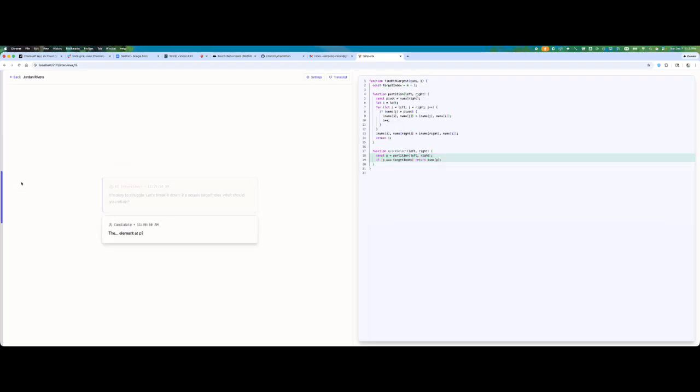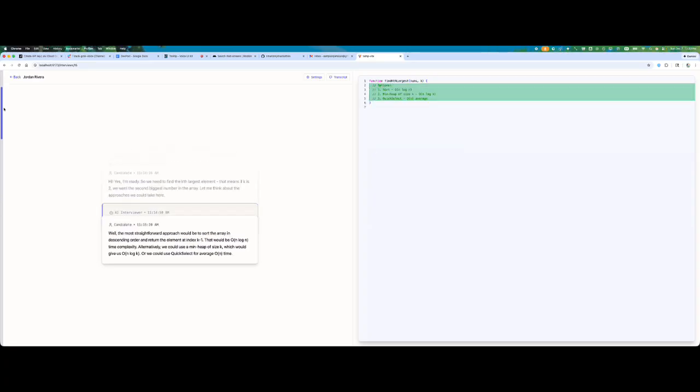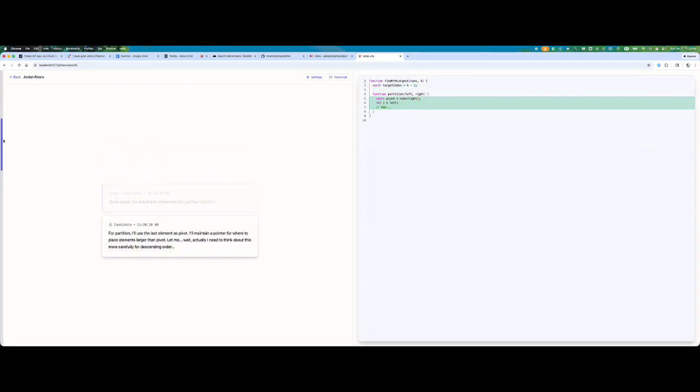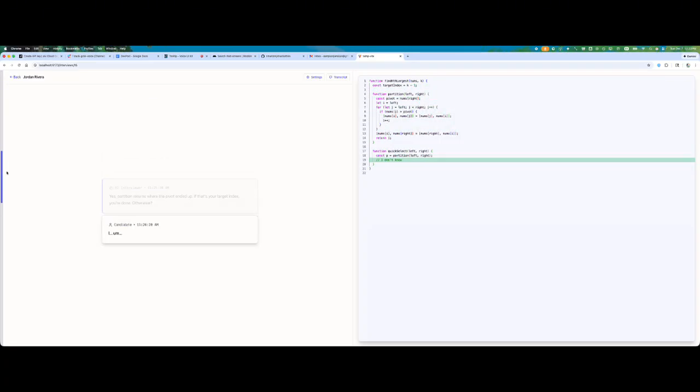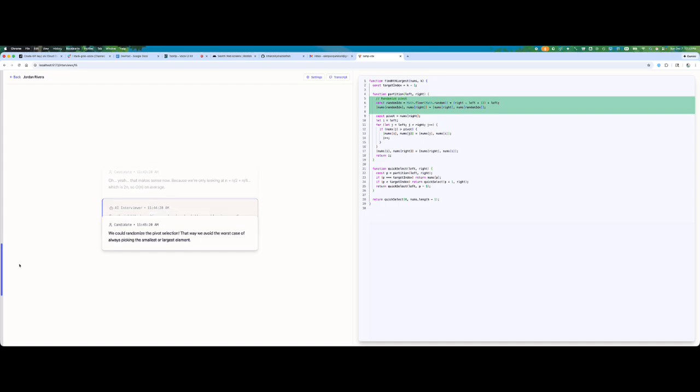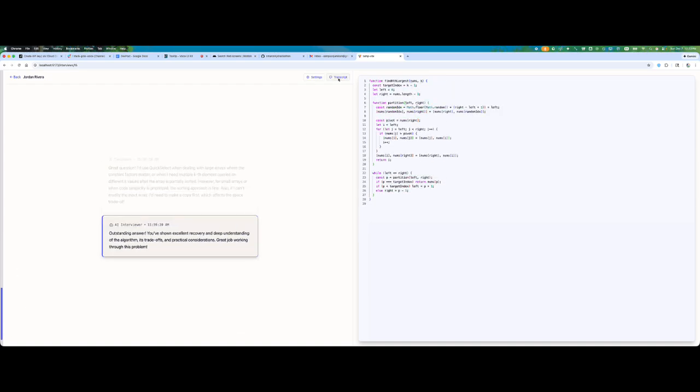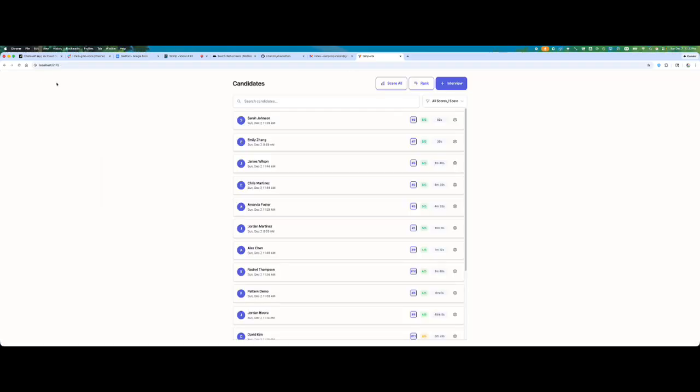But if you click on the graph, it'll take you exactly to where that timestamp is. And it allows you to replay the entire conversation and see how the code changed and what the candidate and the AI interviewer said over time. And here you can see settings and transcript as well. So yeah, that's basically that.